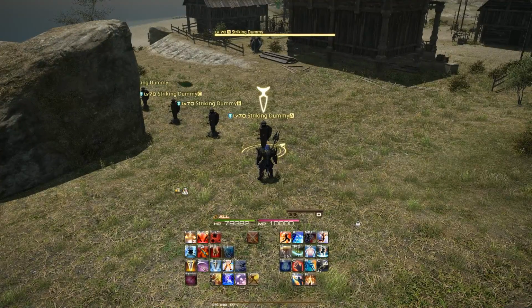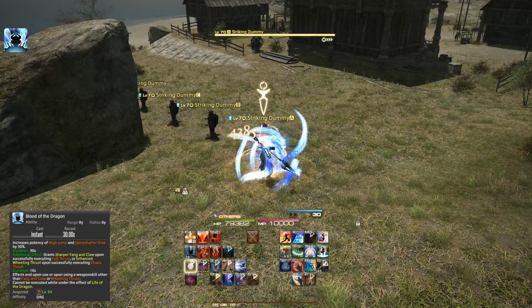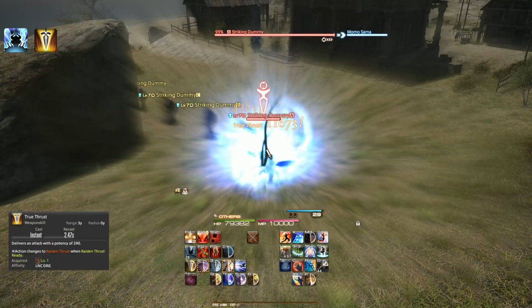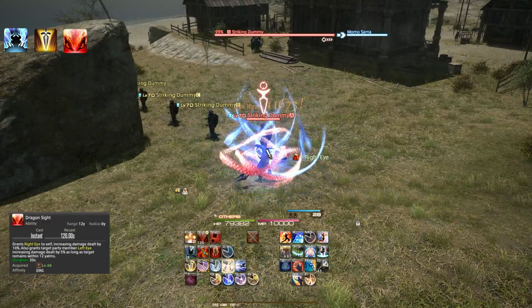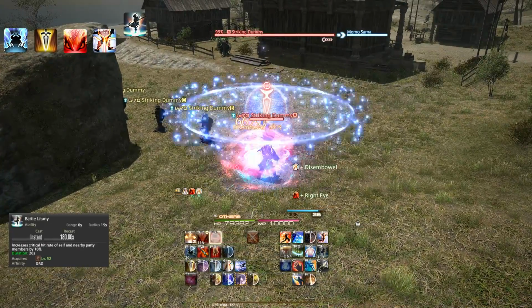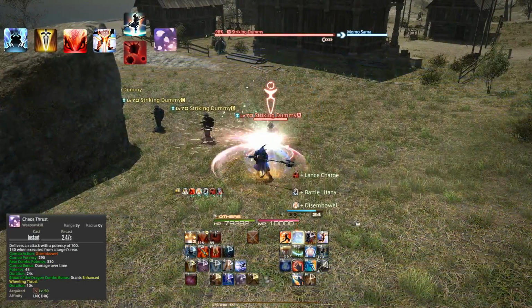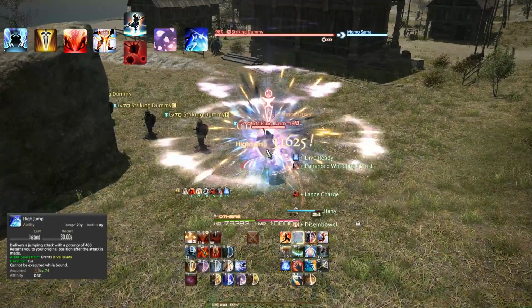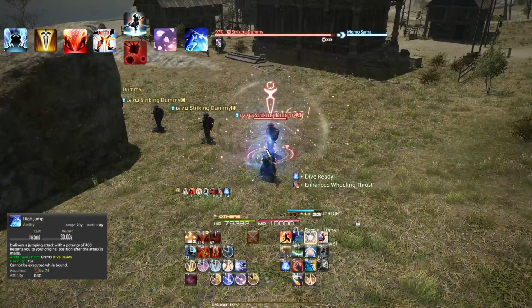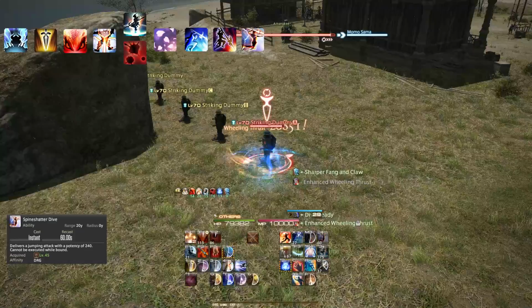Let's go over this opener slowly. First, we do Blood of the Dragon pre-pull, then True Thrust, then Dragon Sight, Disembowel, Battle Litany and Lance Charge, followed by Chaos Thrust, Jump, Wheeling Thrust, Spine Shatter Dive,